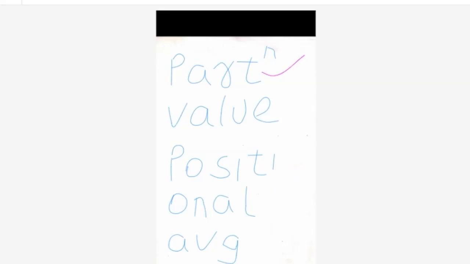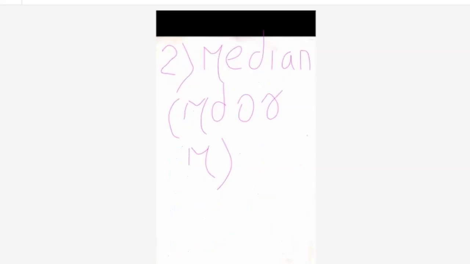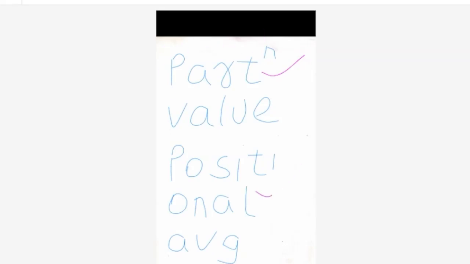Next, leaving two fingers' space, write down: Median is defined to be the middlemost observation of the given data. You can change your pen and highlight with your red pen. Median is defined as the middlemost observation of the given data,